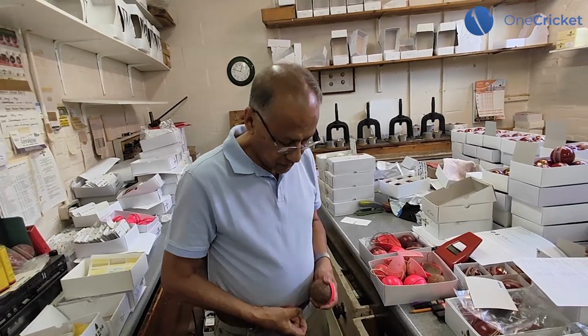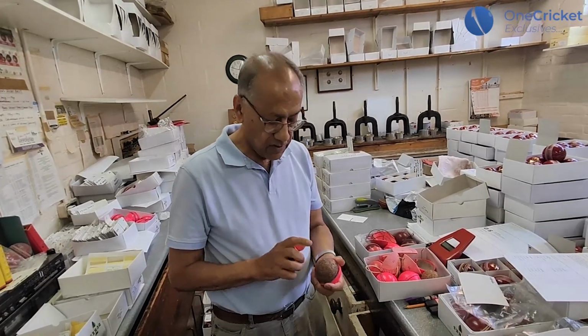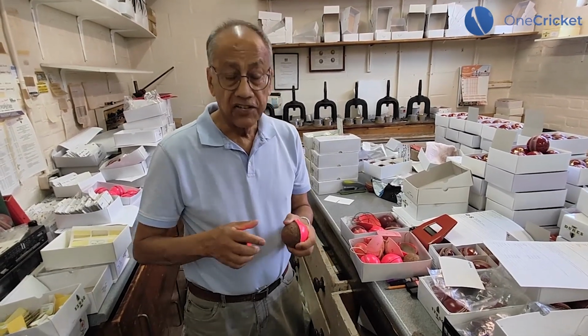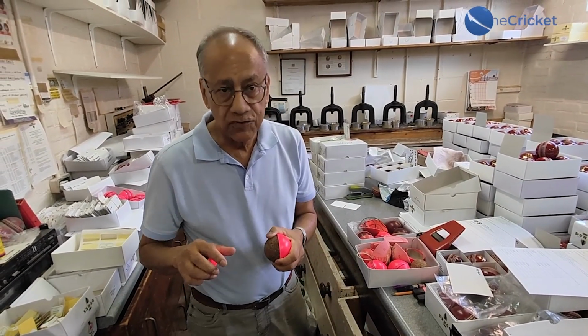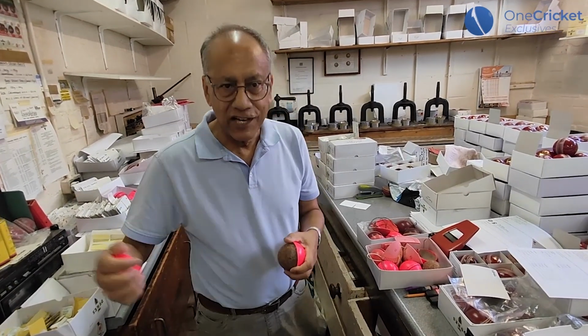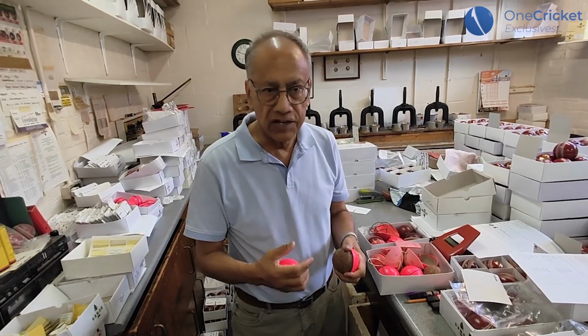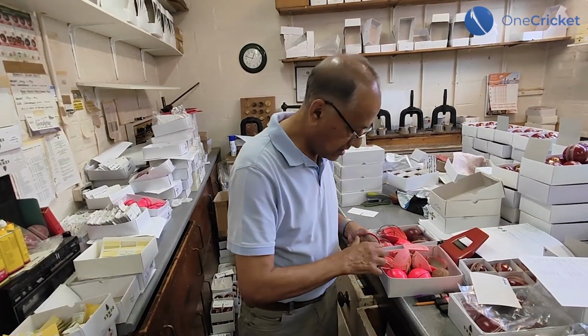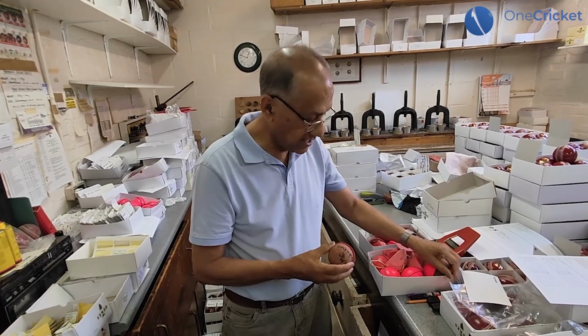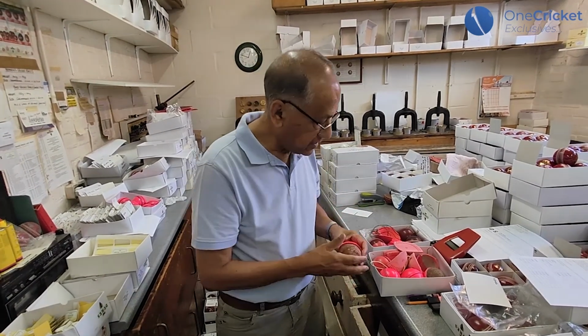So you've got the two halves, and there's a cork latex rubber center, which is actually one of the few technical bits where it's molded. They're all the same when they come out. It's the same raw material. It goes in under pressure and so on. So you've got the center, which the fitting is very key. So that fitting,